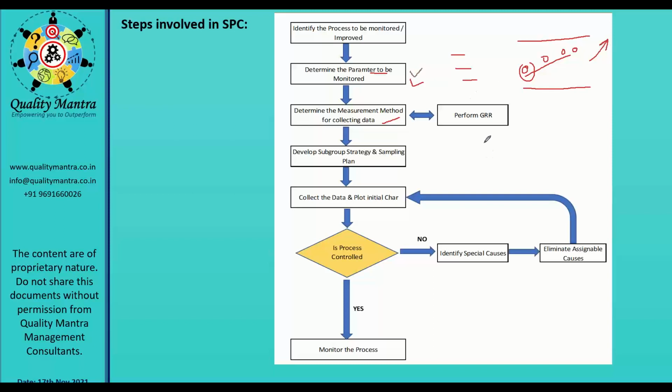Just imagine you are driving a vehicle, you have a fuel indicator. Now just imagine this fuel indicator is giving you wrong data.